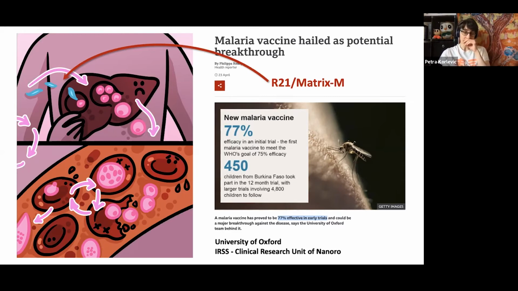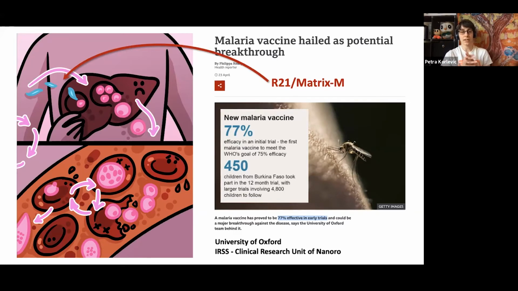However, this year, there was a study talked about. It's not published yet. It's a preprint. Basically, you put your results out into the public before it's been peer reviewed, and more research is being done like that because the turnover is faster, especially for disease research and medical research. The idea is to spread information as fast as possible. And in this study, done between the University of Oxford and the IRSS Clinical Research Unit of Nanoro in Burkina Faso, they had 450 children